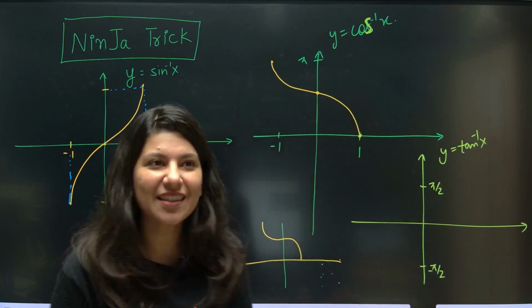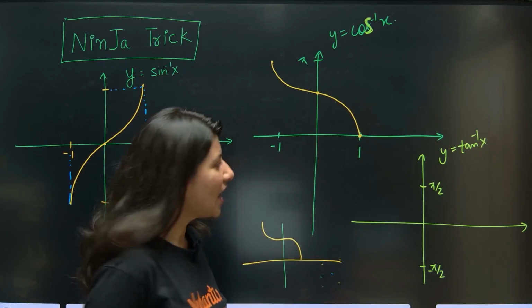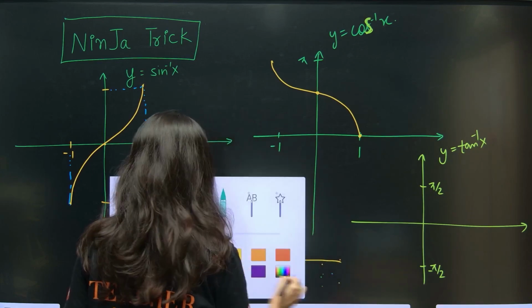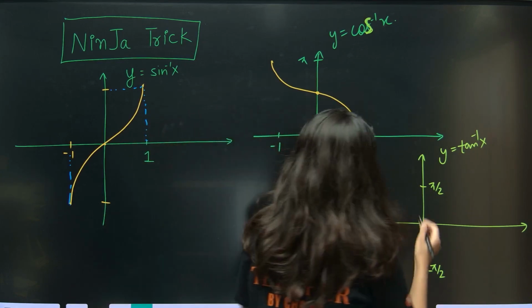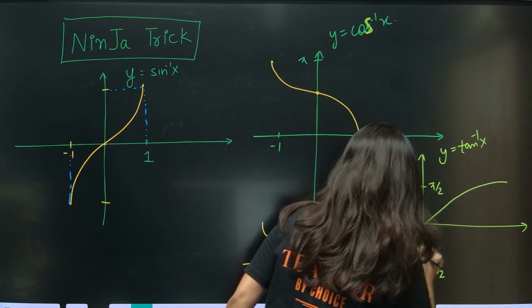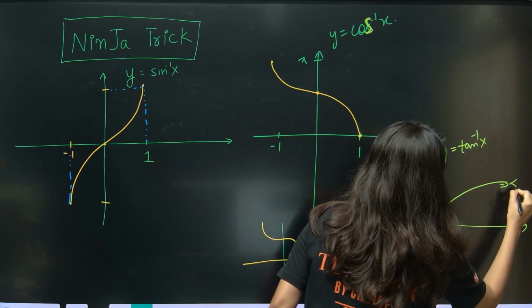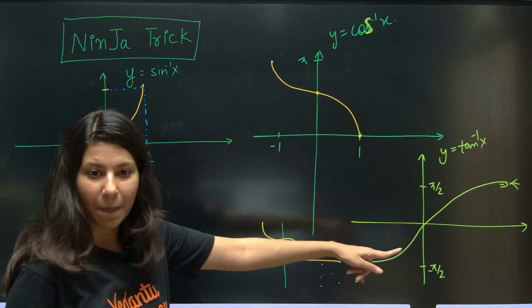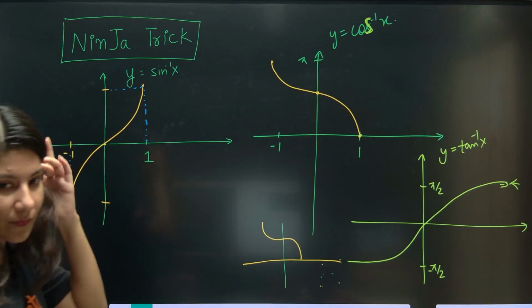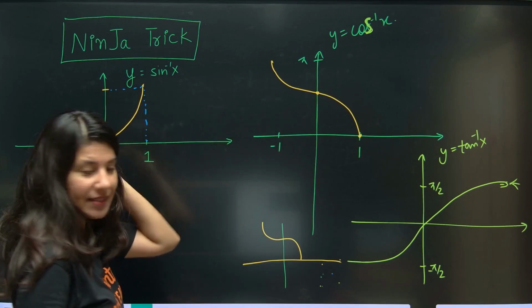Now, have you seen Nag Panchami? Recently Nag Panchami went. Have you seen Nag Panchami? So on Nag Panchami you have to draw a snake. Okay, this is a snake-like graph. You know that at pi by 2 you will get infinity, right? So the snake will look like this. Can you see the snake facing towards the x-axis? Snake pointing towards the x-axis.